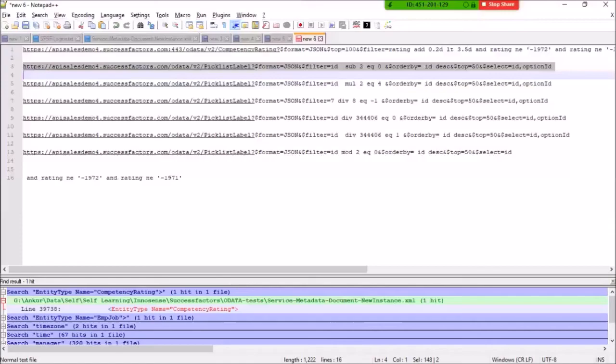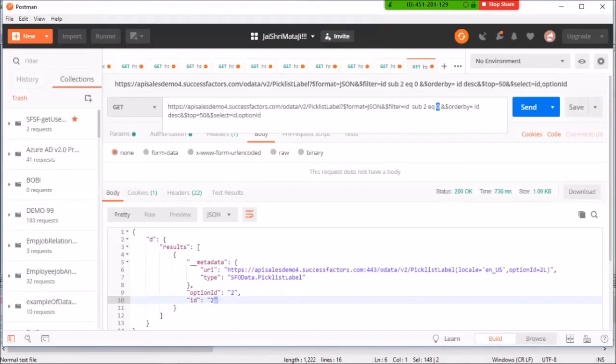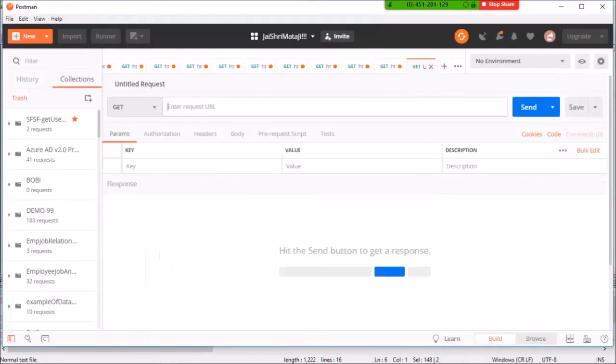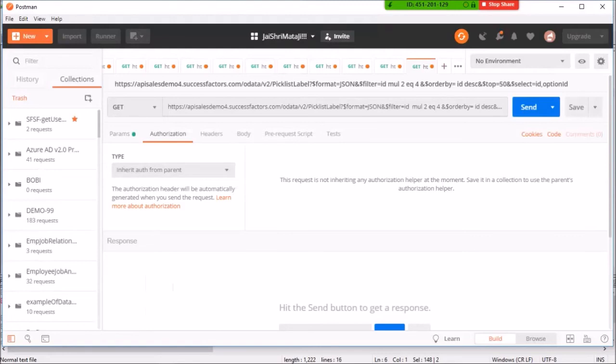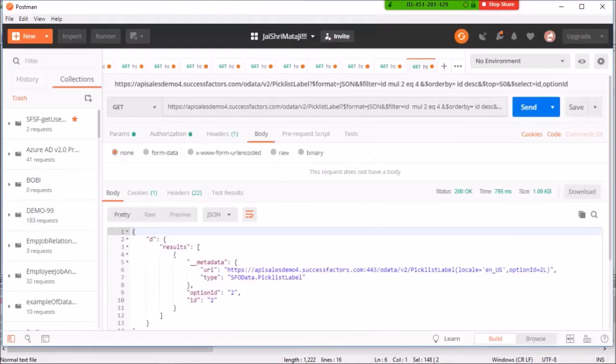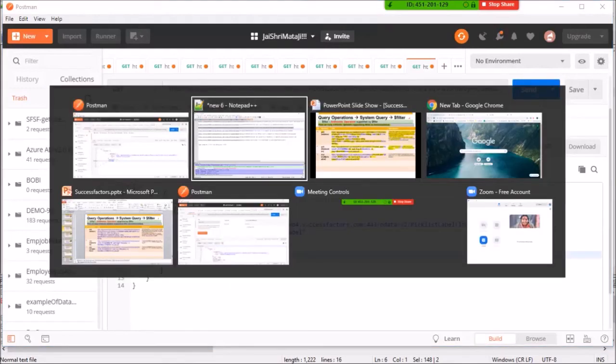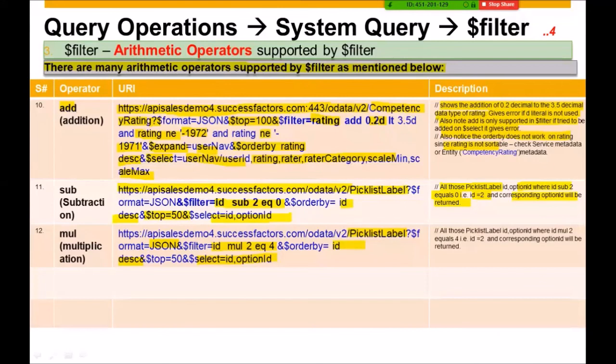So if we go and run this particular query for the multiplication part, and we open up a new tab, and we enter the URL providing the respective authorizations and run the query, we see that optionId is 2 and id is equal to 2. So that is the only record which is being exhibited by the PicklistLabel object.